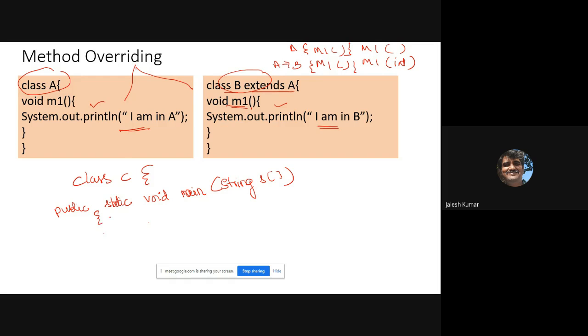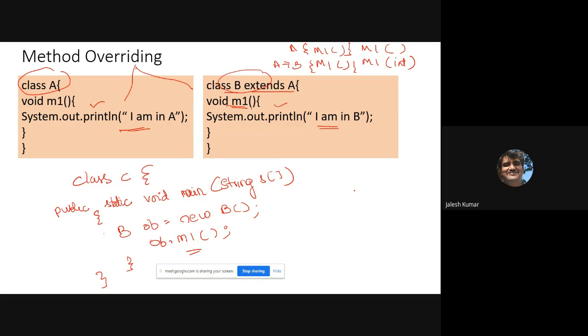Now I'll create an object of type B, ob = new B. See, an object of type B I have written. Now if I invoke ob.m1, because I created the object of type B which extends from A, what is the output I'll get?